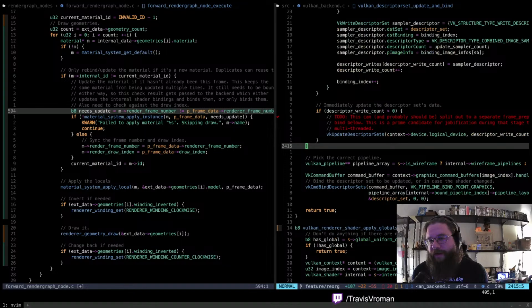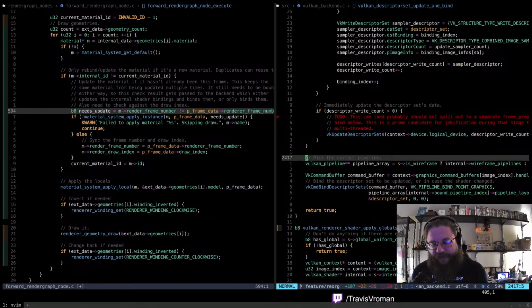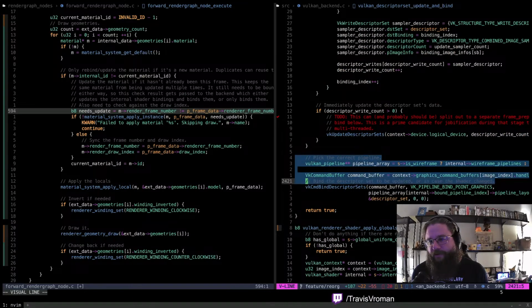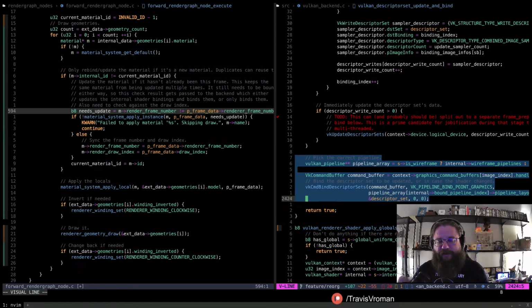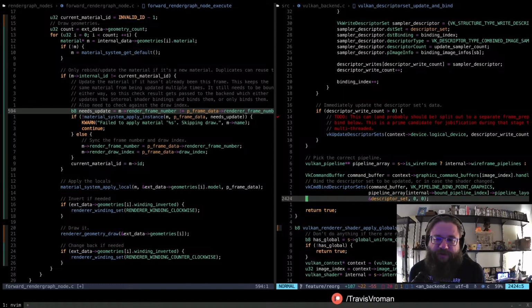And we just pick the correct pipeline, grab the command buffer, and bind the descriptor set, and you're done, right? It's a major optimization, but it's also a lot cleaner code, so that we don't have to figure that stuff out in user code. We can just leave that in the renderer backend, which is all that needed to know that anyway.